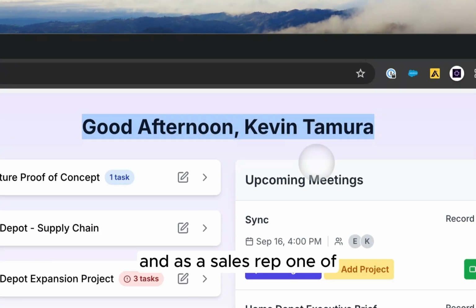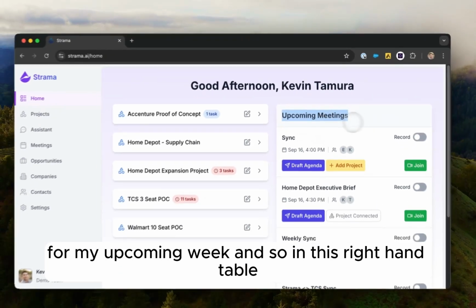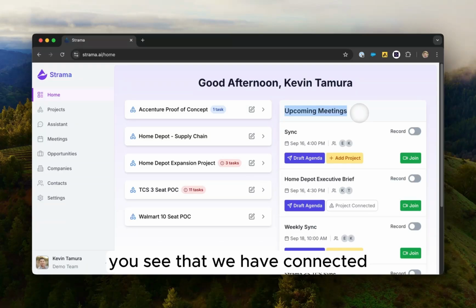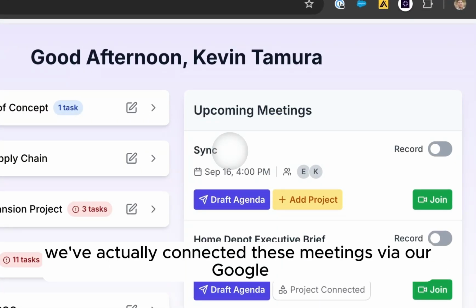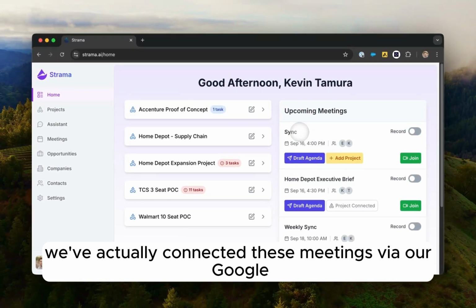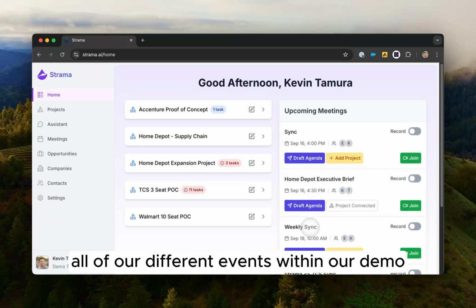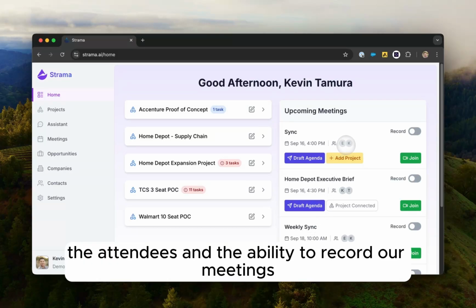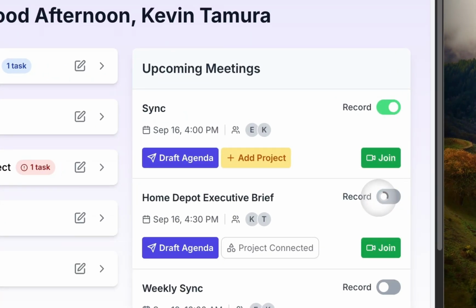And as a sales rep, one of the first things I want to do is to prepare for my upcoming week. In this right-hand table, you see that we have connected our meetings from our calendar. We've connected these meetings via our Google Calendar integration, and so you can see all of our different events within our demo account, the attendees, and the ability to record our meetings,